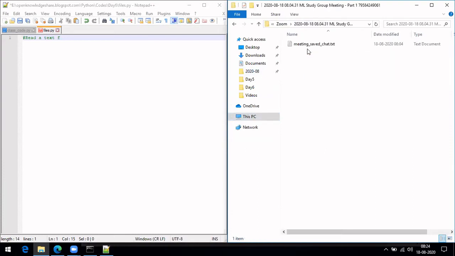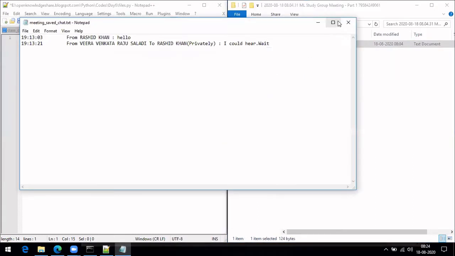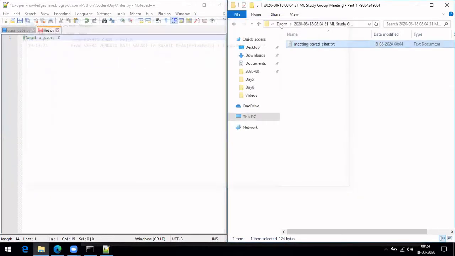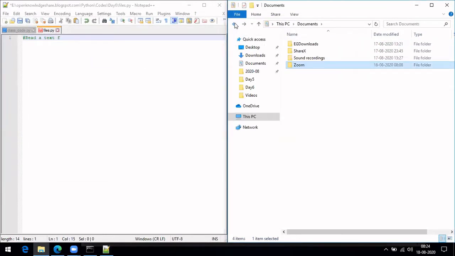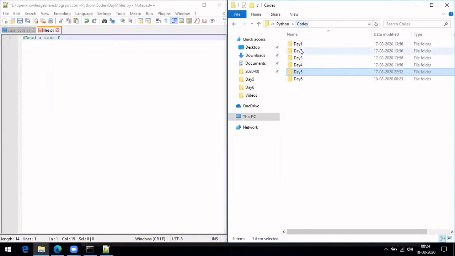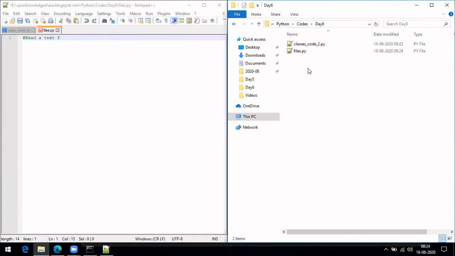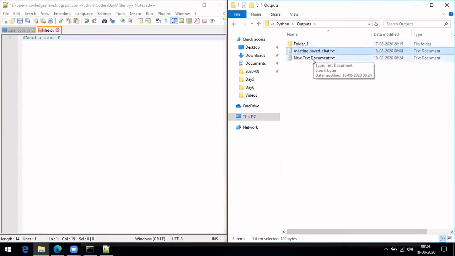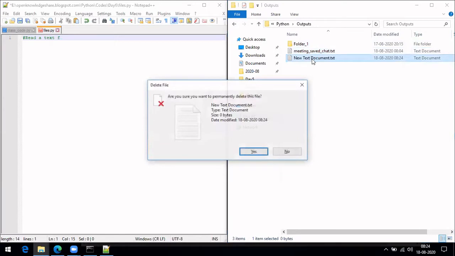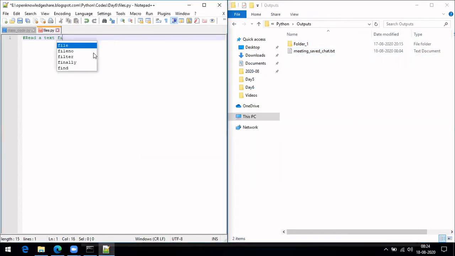So in any of the chat, is there something? Okay. Here I'm placing this in outputs as a meeting chat text. Okay, let's try to read that file and see how we can read it.